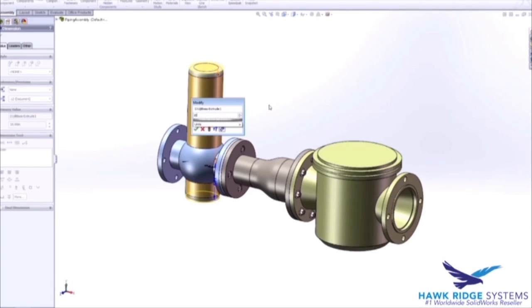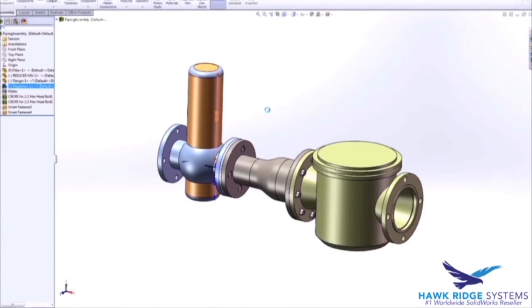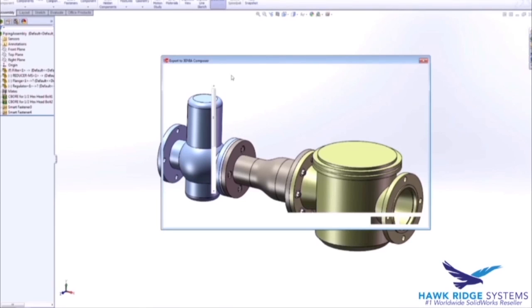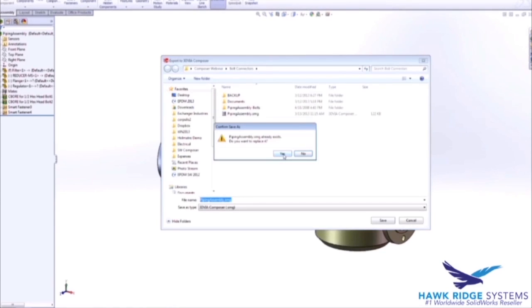Obviously the changes can be more substantial than this, but this is just for demonstration purposes, to show how things update. Okay, so I've made my change, and again we'll save this and export this back out to Composer. And now when I go back over to Composer,